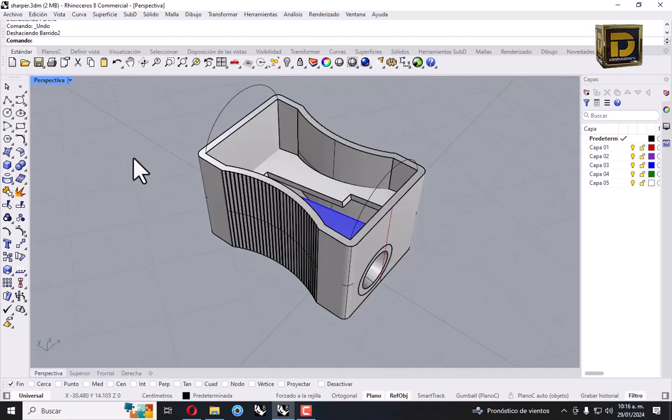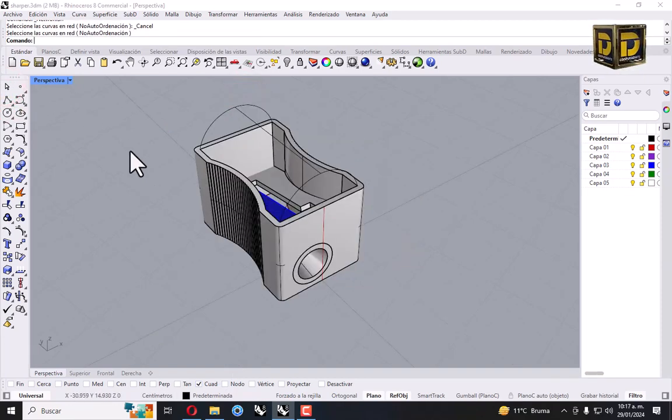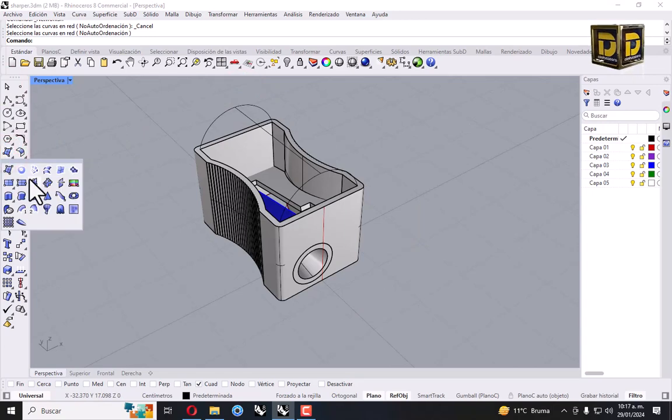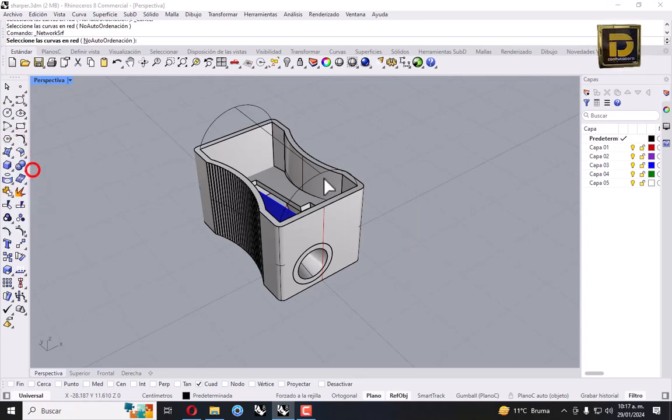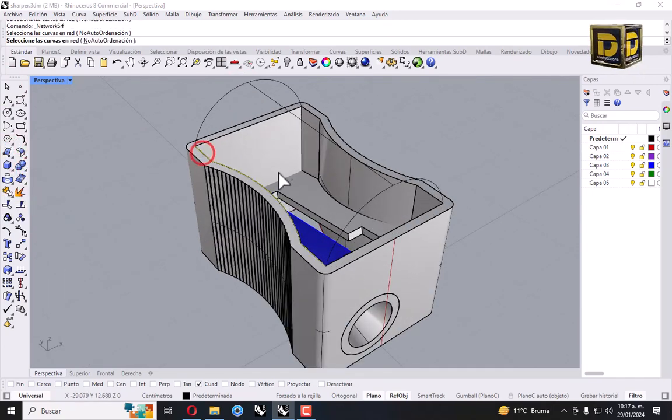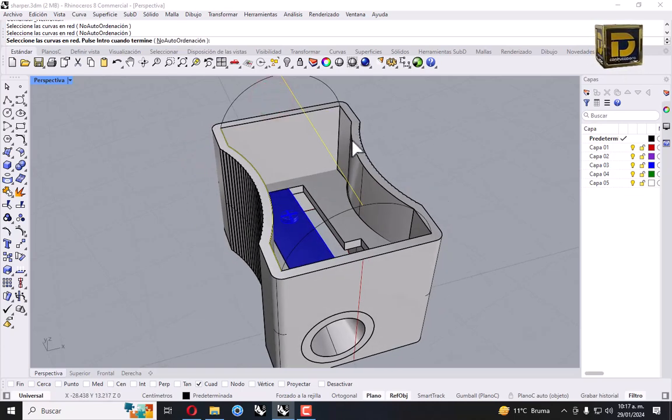Okay, now let's create a curve from quad to quad. We need to create a network, so let's network and select this curve.